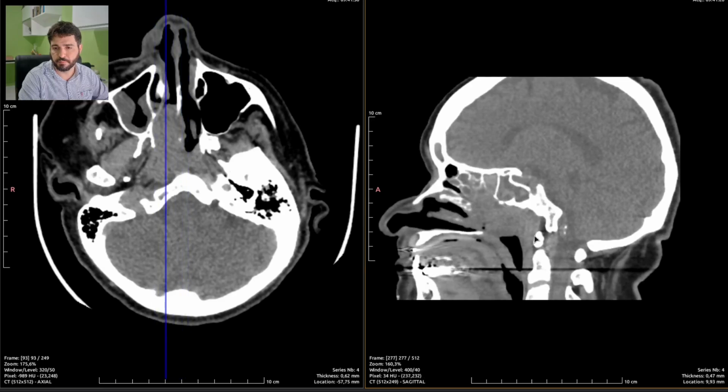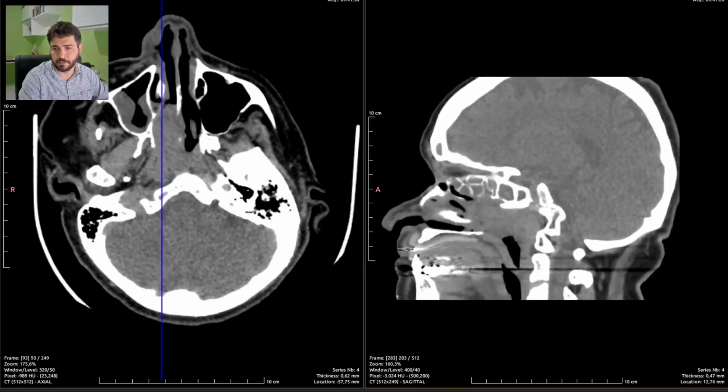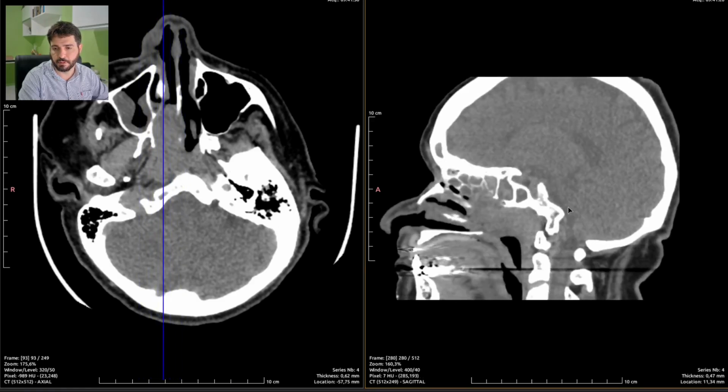It could even have originated from the tonsil, but I doubt it because usually tonsillar tumors spread out around the tonsil and not